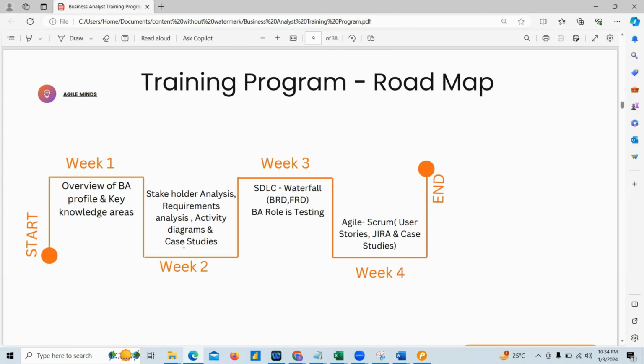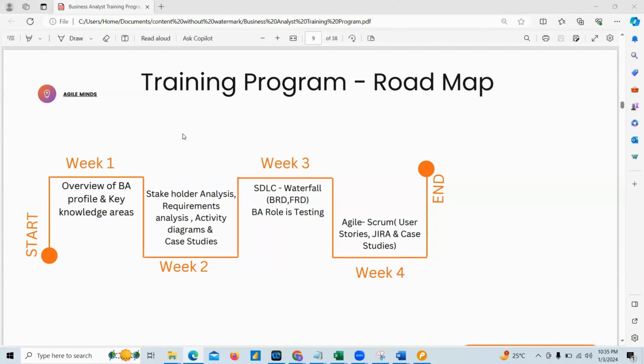Not only case studies, we'll also do some role play activities. What are role play activities? I will play the role of a client and you will play the role of a business analyst. You guys have to gather the requirements for me. We'll take a small example, small use case.